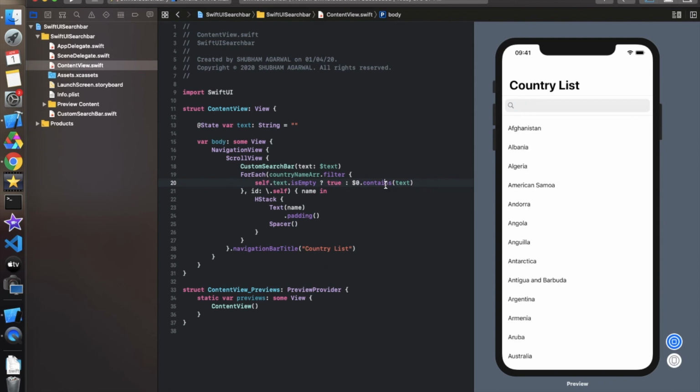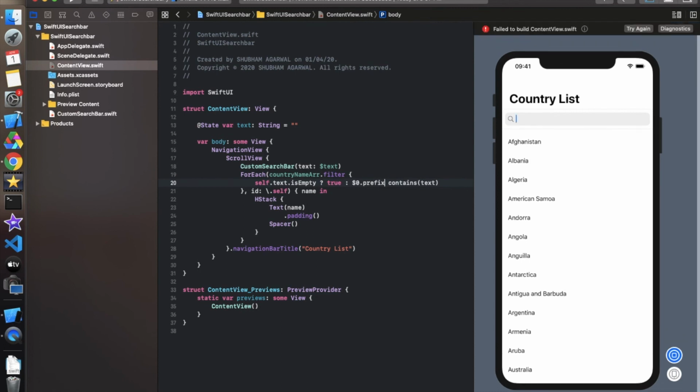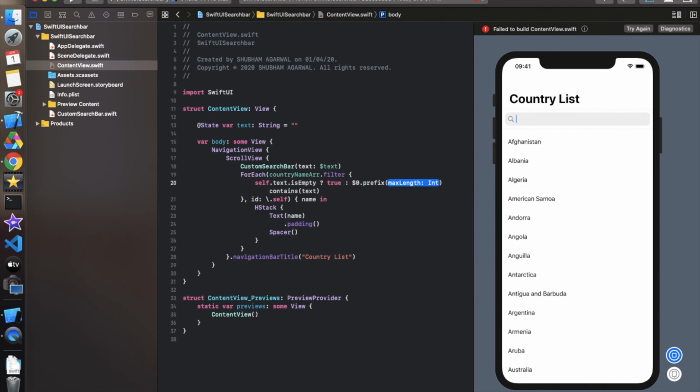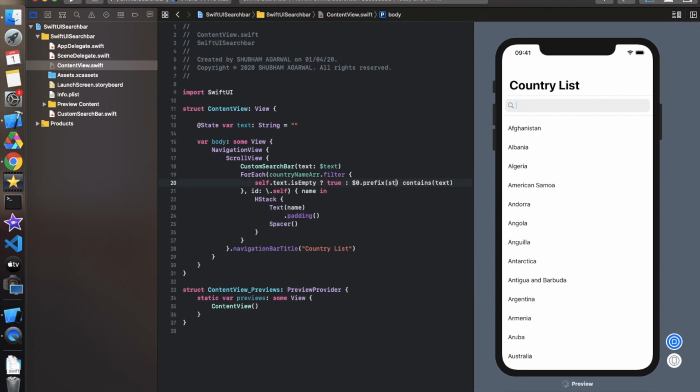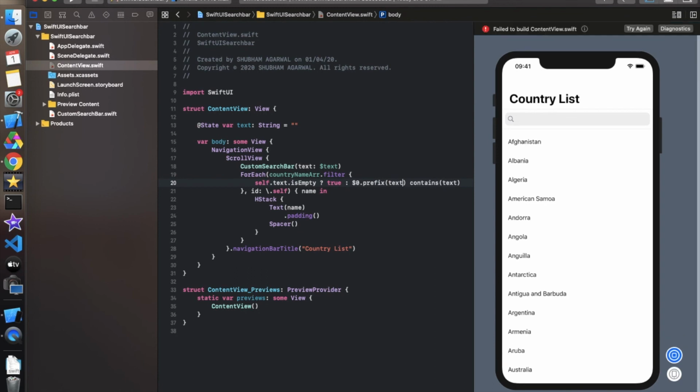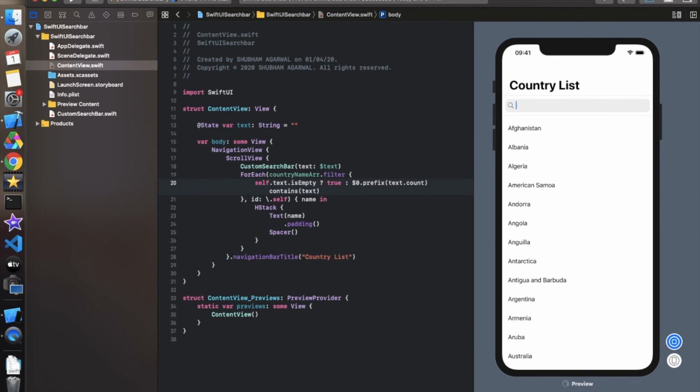So for that we have to put some logic over here. Before $0.contains, we have to put dot prefix. Every element has a prefix, so dot prefix, and in the maximum length we have to pass text dot count, whatever the user has typed, dot count like this.